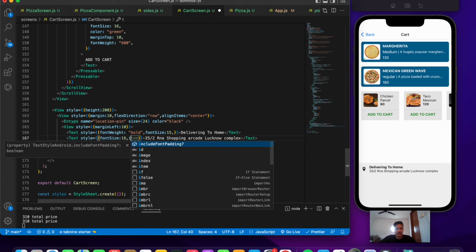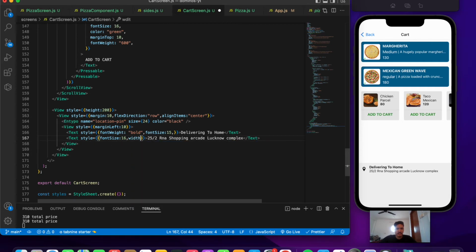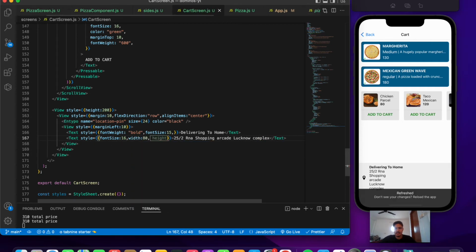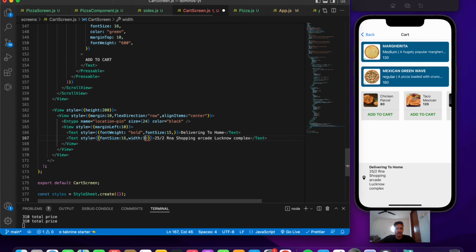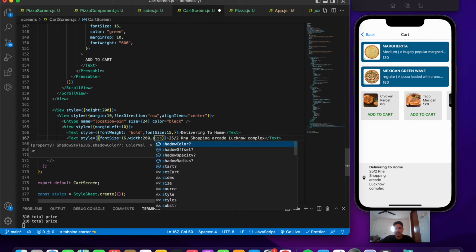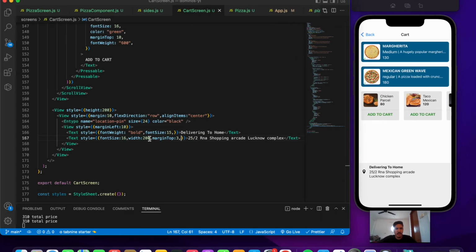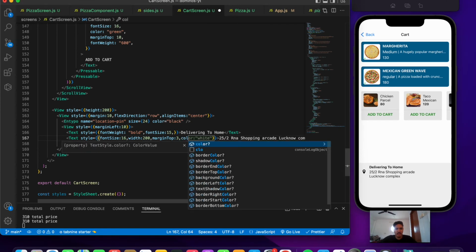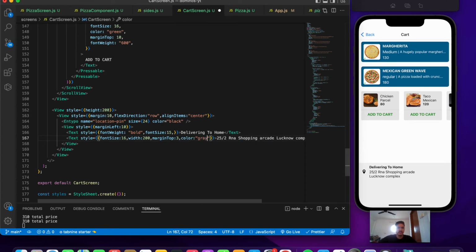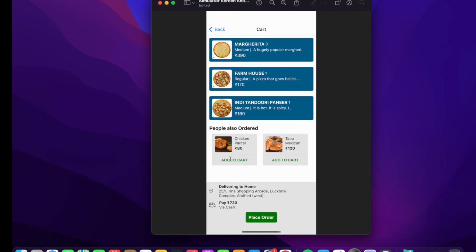Let's give it a particular width of 80 of 200. All right, and a bit of spacing on the top. Okay, I think the color should be given gray. Save the file. Okay, so now what we do is